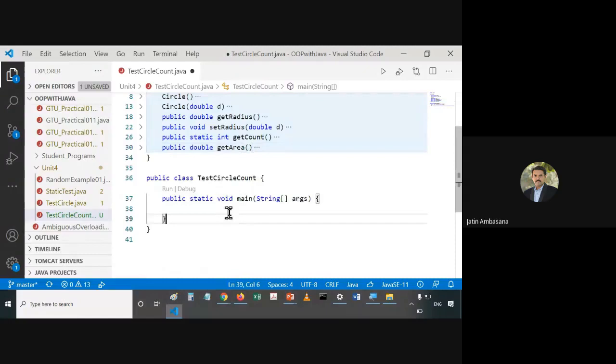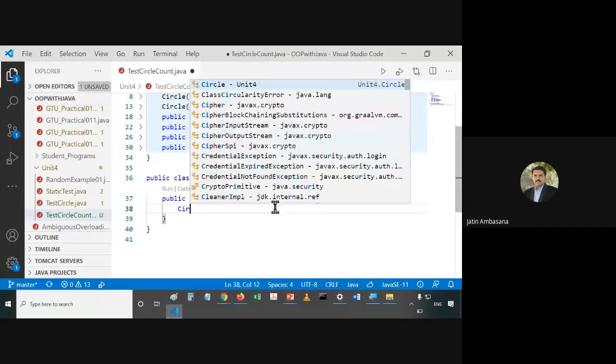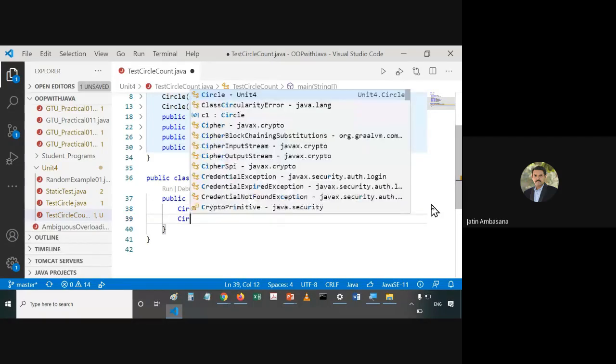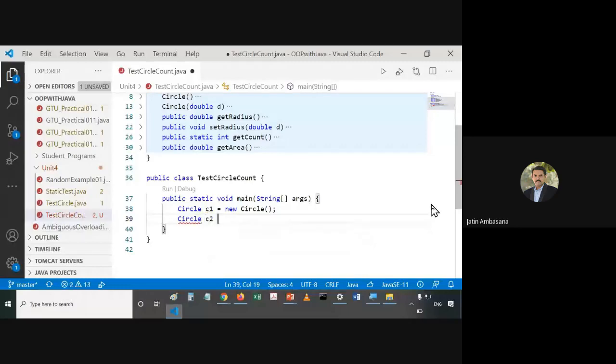Now let's make use of it. So how do we make use of it? By saying Circle c1 is equal to new Circle. We'll create one circle with the no-argument constructor, and we'll create another circle c2 with a parameterized constructor.